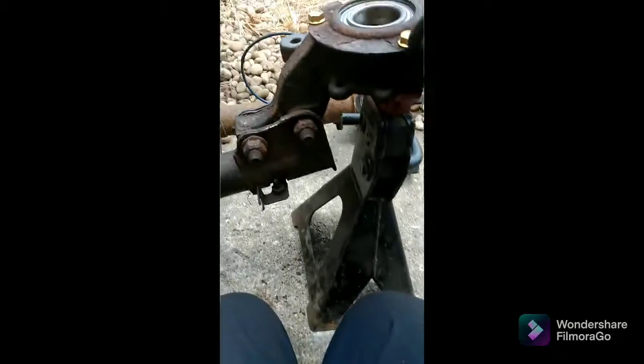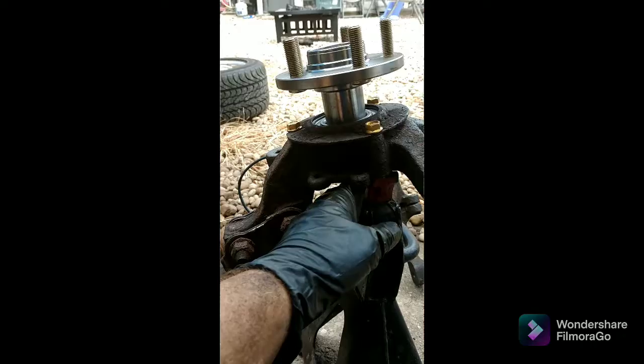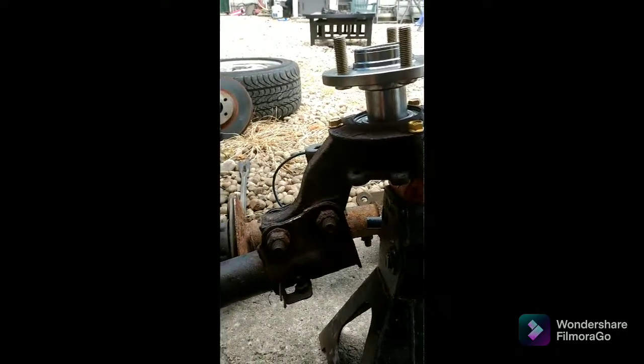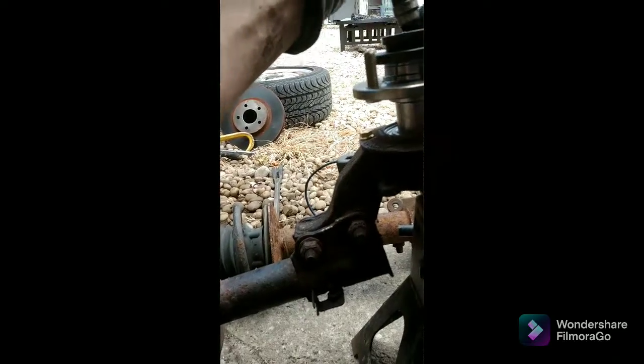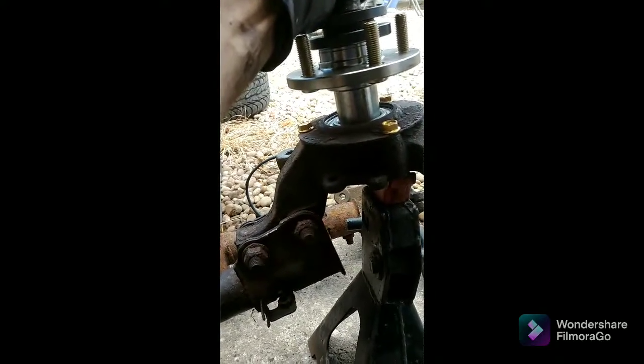As you can see, I put the 3 new bolts, the gold bolts. This is the new hub. Never reuse an old hub. It's a bad idea. I put the jack stand kind of in between, so that thing, if it falls, it only falls like 1/4 of an inch or 1/2 inch or something like that. So same thing as I did on the other side. I basically just whacked it until it kind of,